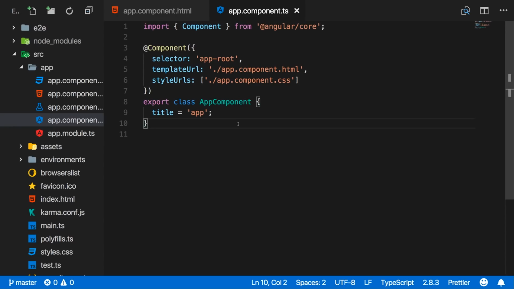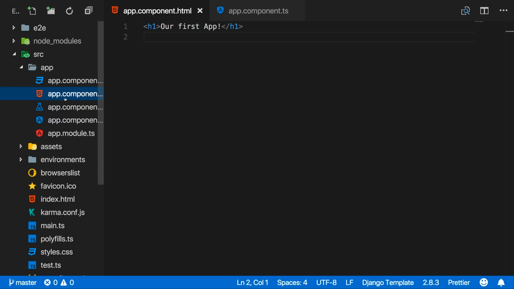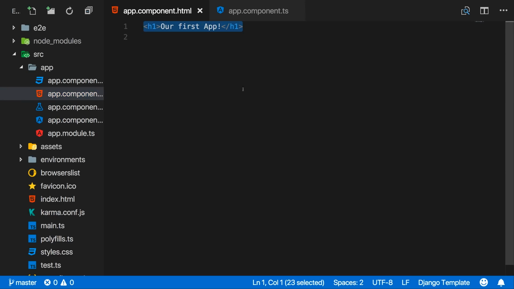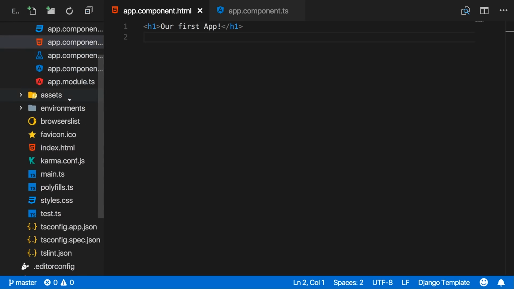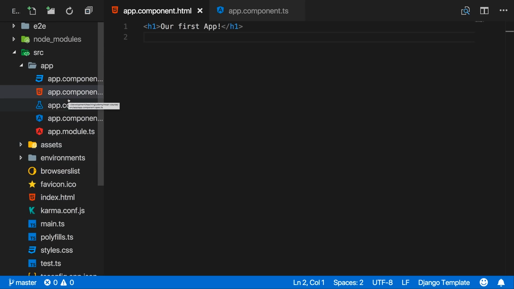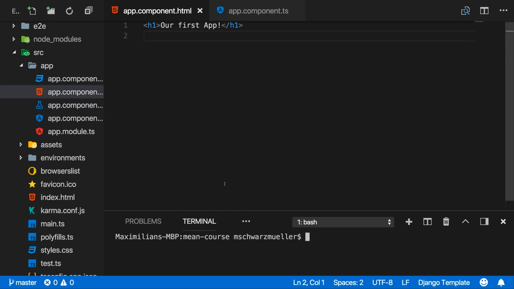I'm back in that first Angular app we created in the first course module. There, we haven't changed that much, just added this line in the app component, and now I will build up on that project and use it for our MEAN project. Now, first of all, let's understand this folder structure a bit better, and let's understand how an Angular application actually starts. For that, I need to start it, so I'll bring up my terminal, integrate it into my IDE here,